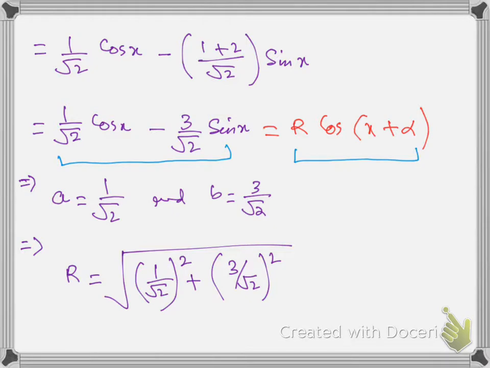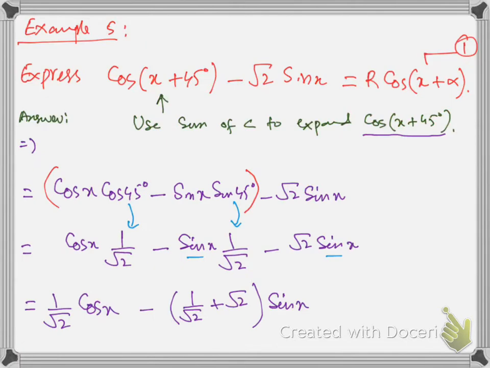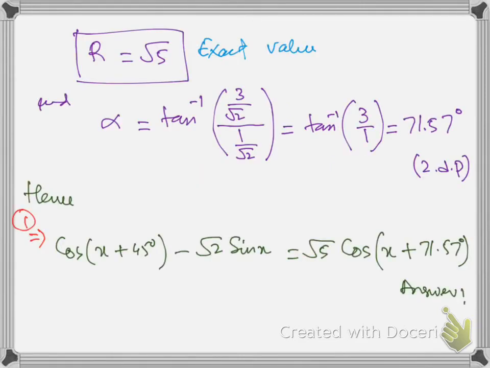Since we have cos here, this will be a, and we have a negative sign here, but I told you to take a and b positive, so don't consider this negative with b. Take both a and b positive. Now get the value of r first. This is the exact value of r. Always state the exact value. Then get the value of alpha and substitute everything back into equation 1. This is equation number 1. Substitute r here and alpha here. So this will be the right answer, the final answer.